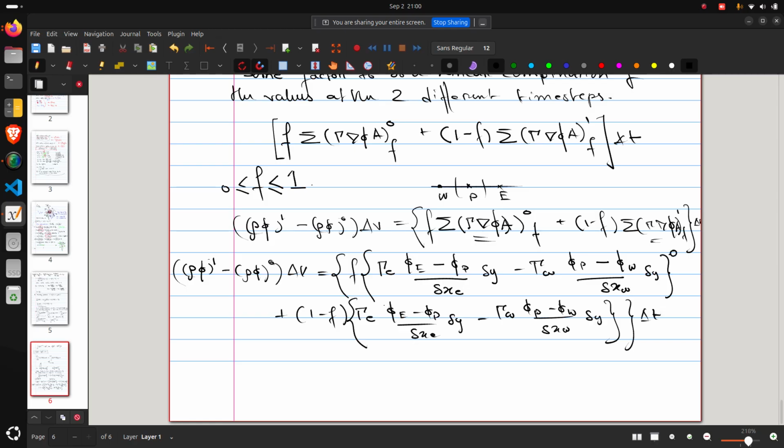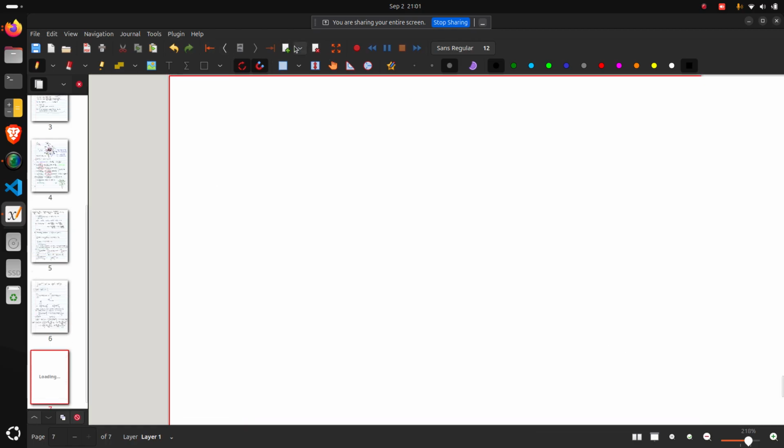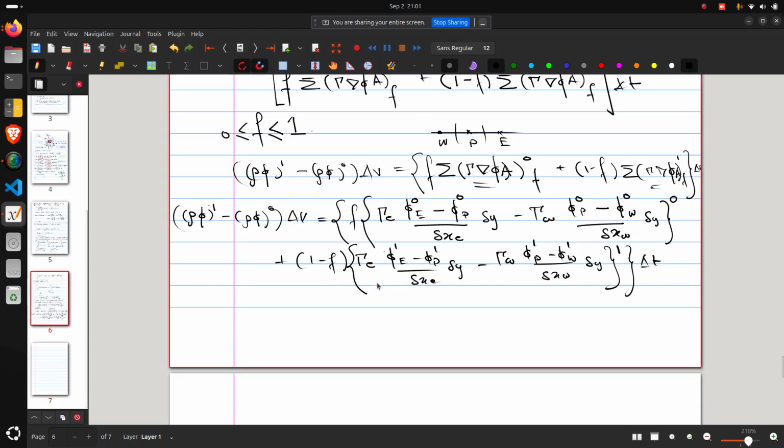And this whole thing will be at time t equal to 0 and t equal to 1, right? So this will be nothing but phi e naught, phi p naught, phi w naught, and phi e1, phi p1, phi w1, right? Now if you look at this equation, we'll have a different type of formulation, right? So if you see